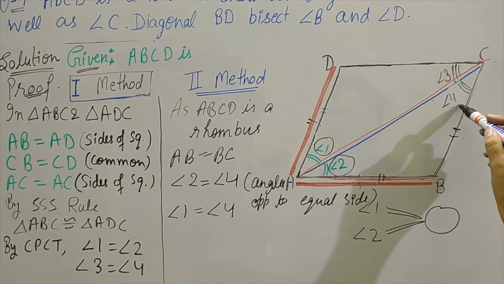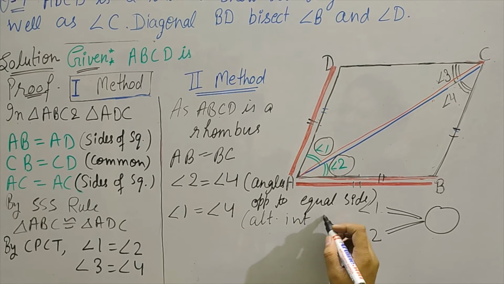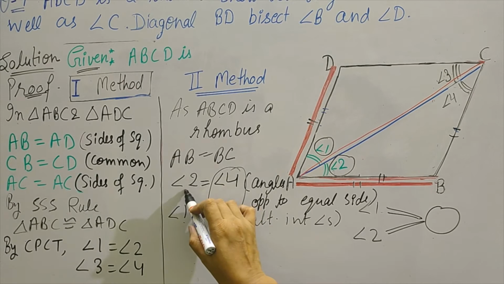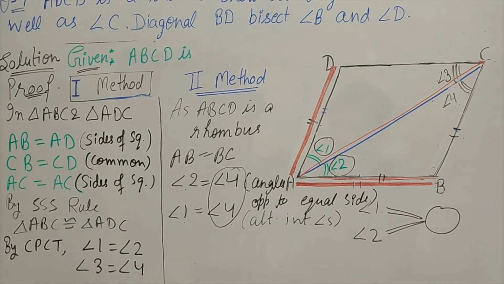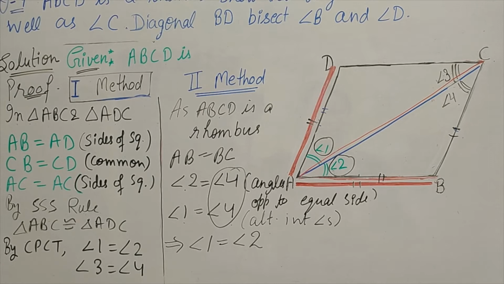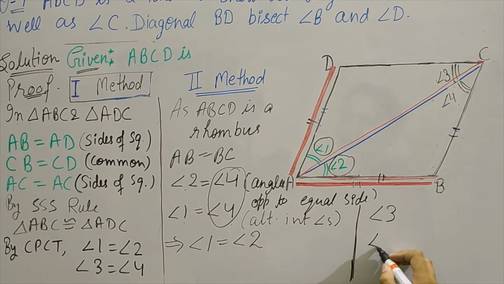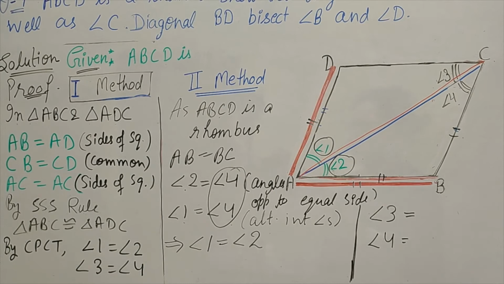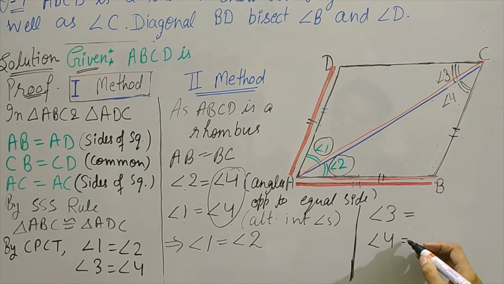Second thing, angle 1 is equals to angle 4. Angle 1 and angle 4, these are alternate interior angles. Okay? Now angle 1 is equals to angle 4. Angle 2, this is also equal to angle 4. So from these two you can conclude that angle 1 is equals to angle 2. Okay? Let's do the same thing for angle 3 and angle 4. Purposely we will write angle 3, angle 4 और इन दोनों को क्या करना है? किसी एक एंगल के इक्वल. लॉजिकली ऐसे ही नहीं लिखना है. लॉजिकली एंगल 3, एंगल 4 दोनों को किसी एक पर्टिकुलर एंगल के इक्वल लिखना है.